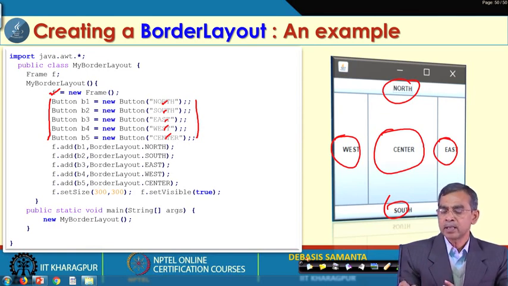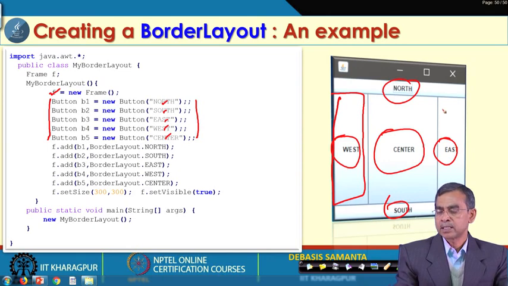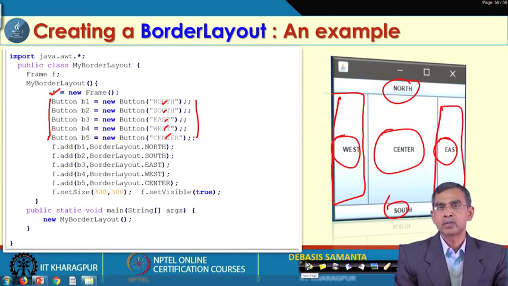So, if you do it, then all these buttons can look like that, but if you do not, the entire portion is basically meant for this button. This is another button which will be there. Now, let us see how all those buttons can be placed in which portion.